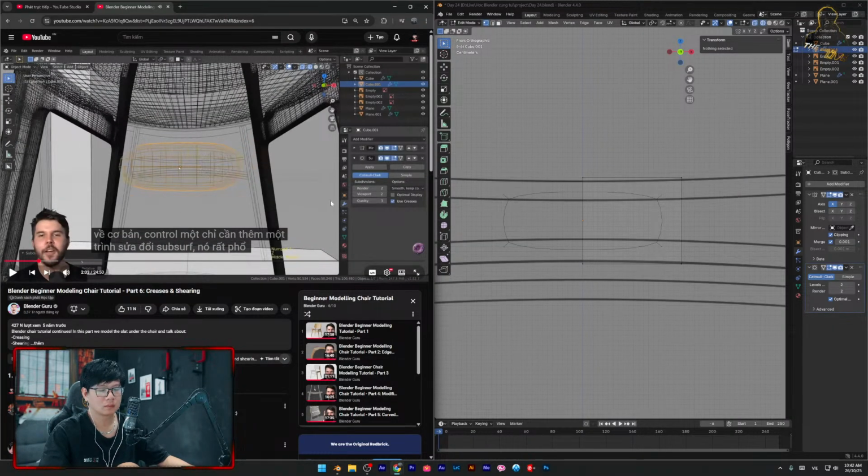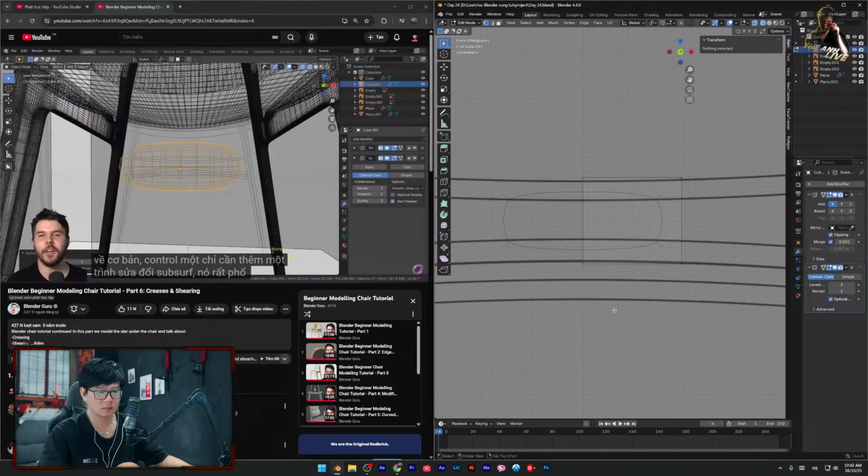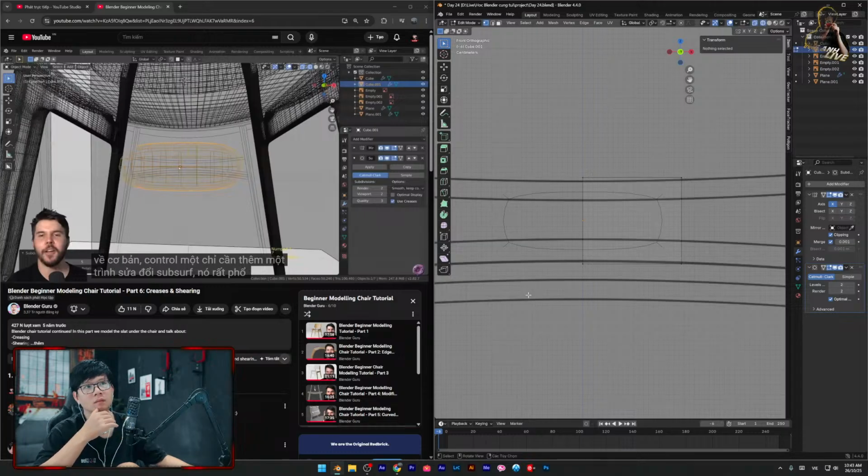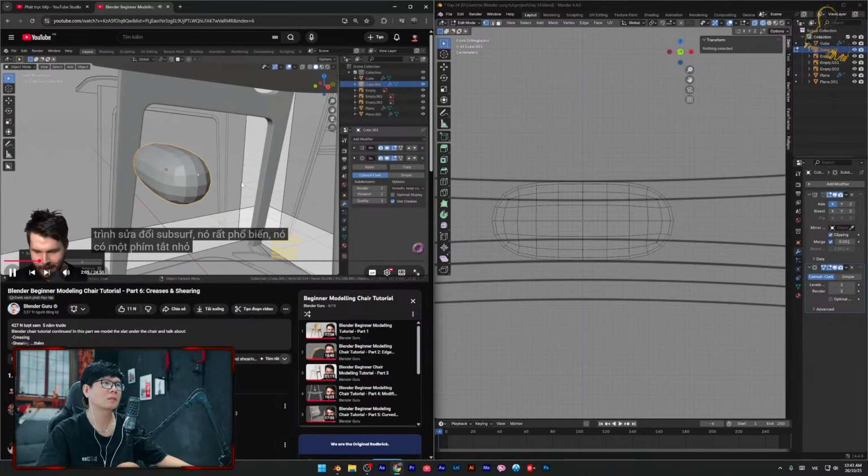It's that common. It's got a little shortcut, which if you want the